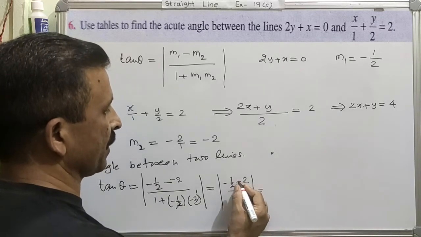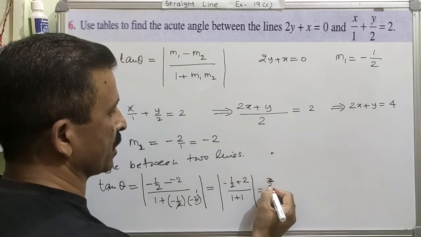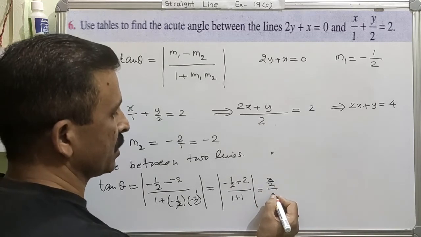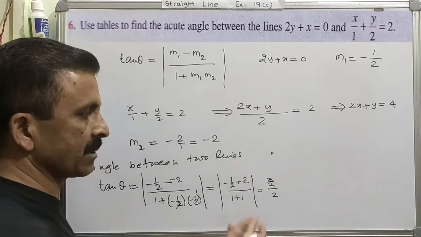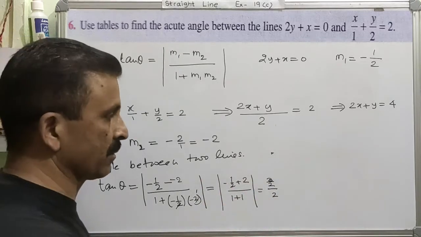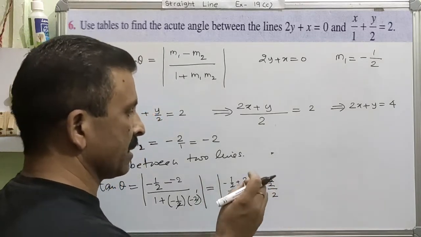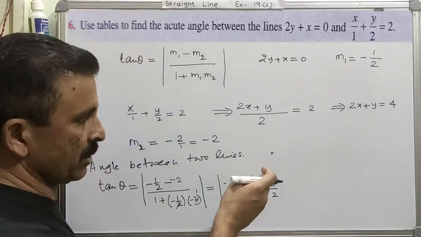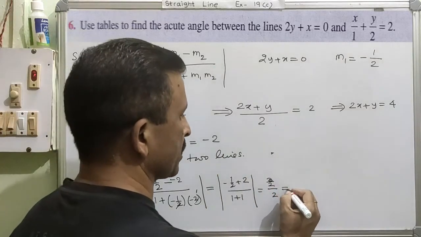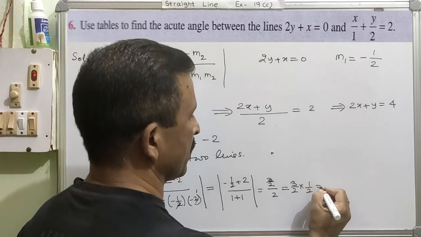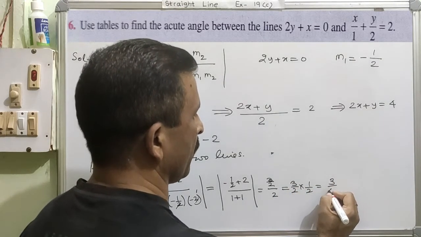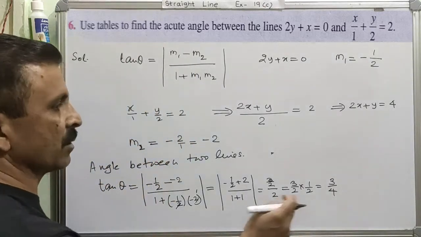And then finally when you simplify the numerator, it becomes positive 3 over 2, and the denominator we have is 2. Now we can remove the absolute value sign, because all the terms have become positive, so there is no meaning of writing the absolute value sign. Absolute value means the number should come out without sign. So now it has become without sign. So this is 3 over 2 into 1 over 2, which is equal to 3 over 4. So your value is tan theta is equal to 3 over 4.